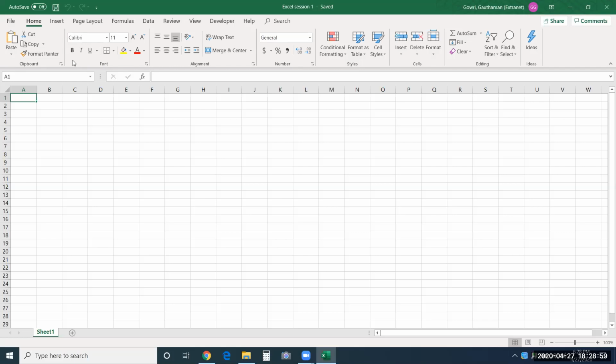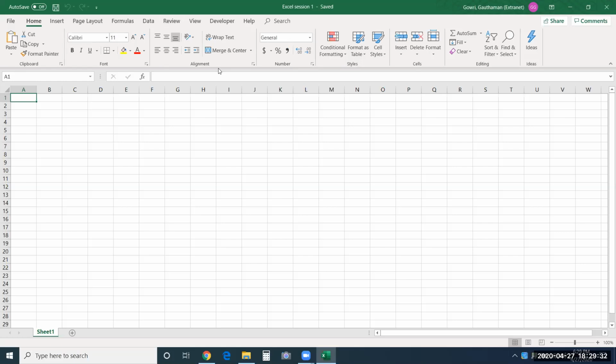So you can see here in the font group, all these commands are used to change your text, either make it bold or change the type of font, its size, give some borders to your cell, apply color to it, change the font color. All those things are available to us in the font group. In a similar manner, the groups that have been given here contain commands grouped together which perform a specific task.